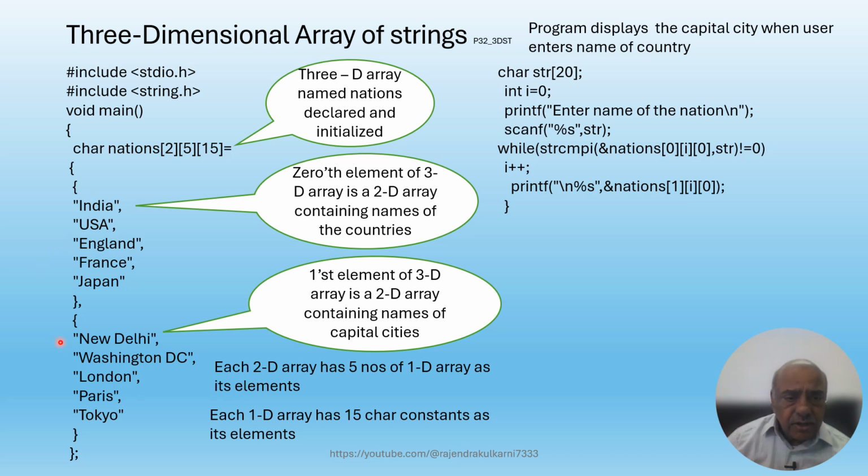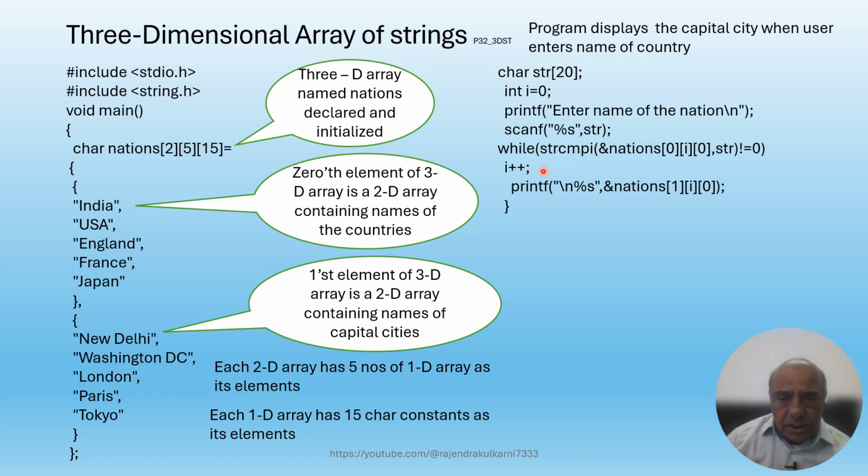We have taken care of that while initializing the array. So the capital of India is New Delhi. India appears as the 0th element of the array nations, then its capital becomes the 0th element of the element number 1 of the 3D array, and this arrangement has been